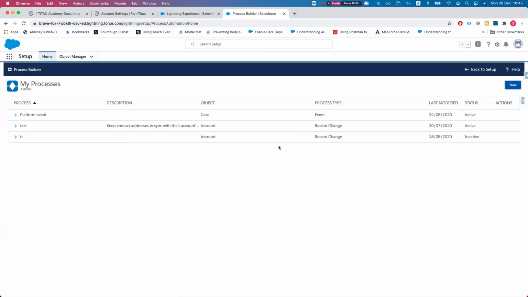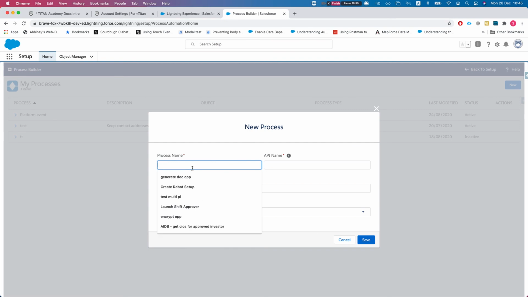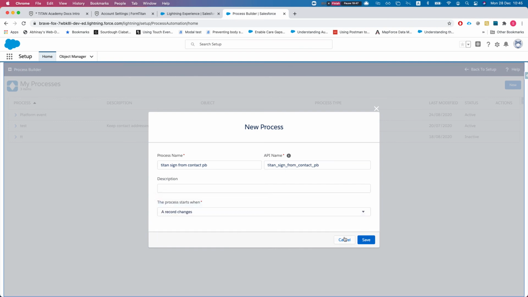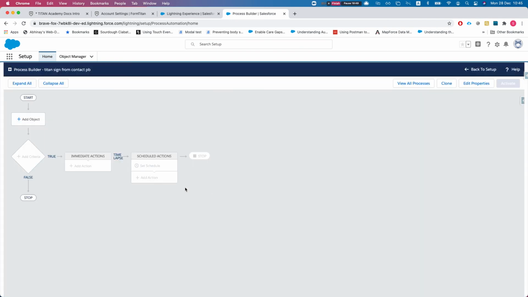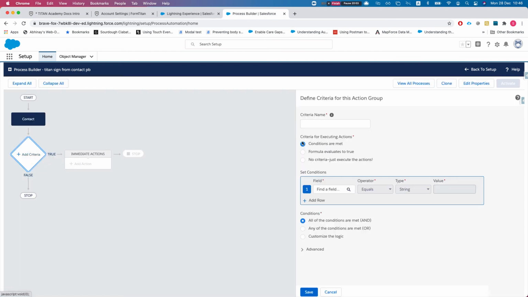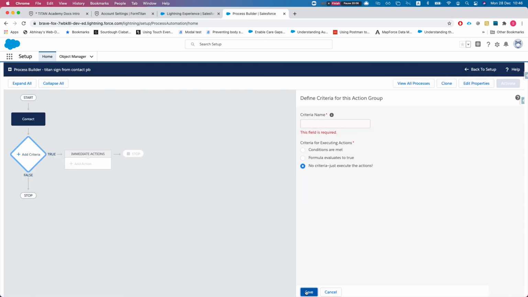and let's create a new process. Let's say whenever we do Titan sign from contact, process builder, and we'll say our record changes, and you can also have platform event, whatever it is you want. And you can do it when it's created or edited, and add your criteria. I'm not going to add any criteria. I'm just going to say no criteria, just run my actions